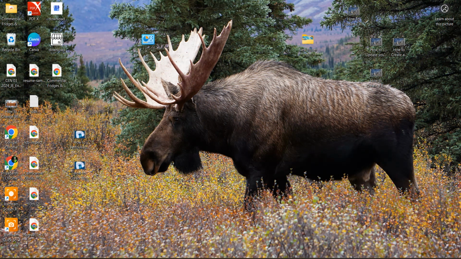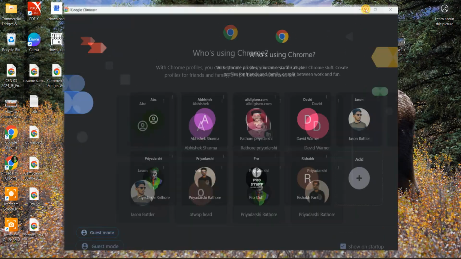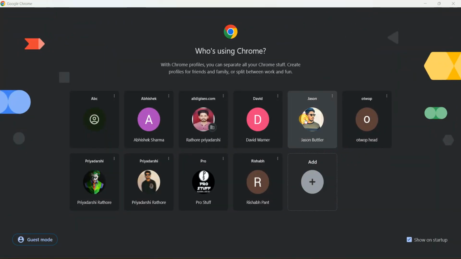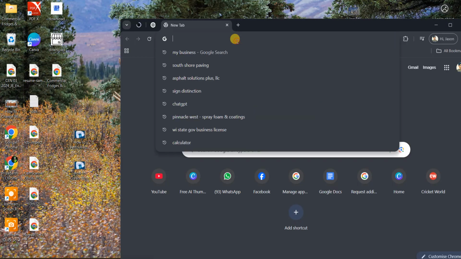In this video I will show you how to create a WhatsApp status using Canva for free. So let's get started. Open the Chrome browser, maximize it. Now choose a profile. Now in the URL box you have to search